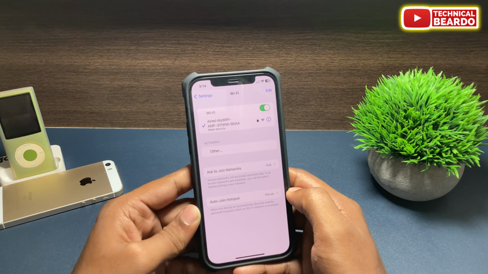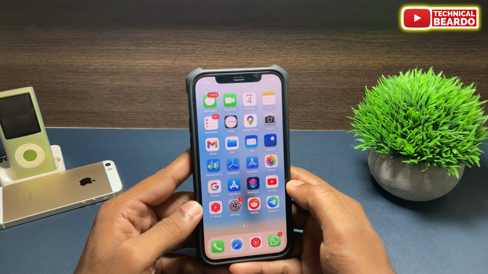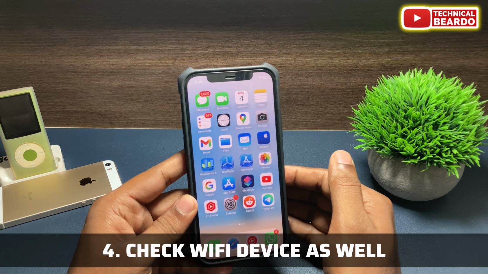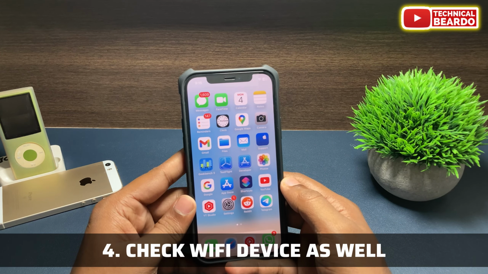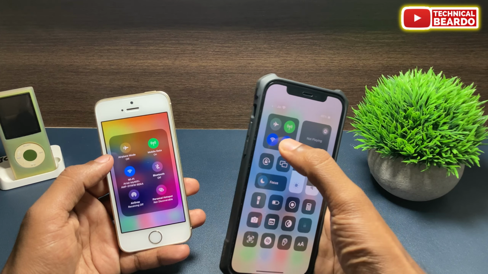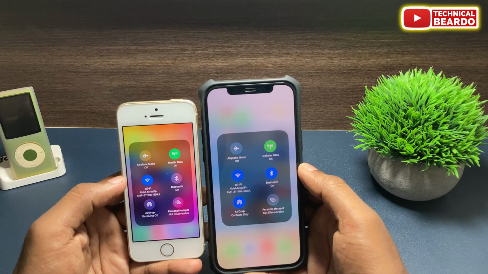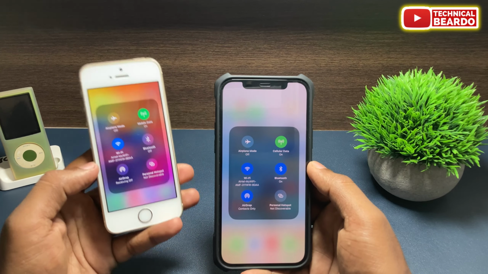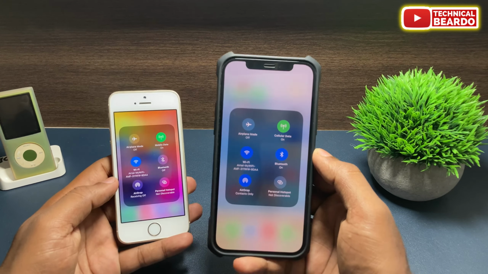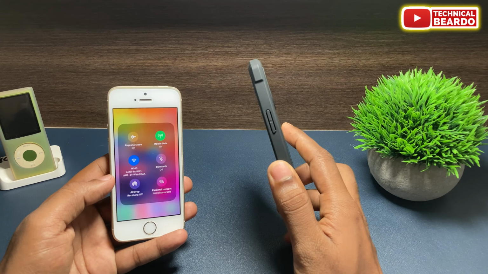Or else, now we'll try to find out whether the issue is with only your iPhone or with the Wi-Fi device as well. First of all, try connecting other available iPhones to the same network. If the other iPhone is not having any problem and only your iPhone has the problem, then there is an issue with your iPhone.